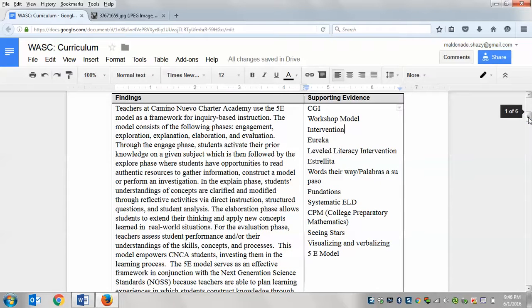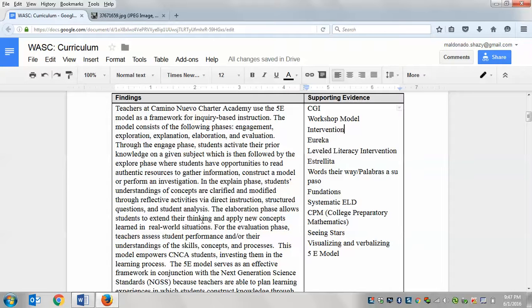Teachers at Camino Nuevo Charter Academy use the 5E model as a framework for inquiry-based instruction. The model consists of the following phases: engagement, exploration, explanation, elaboration, and evaluation. Through the engage phase, students activate their prior knowledge on a given subject, which is then followed by the explore phase, where students have opportunities to read authentic resources to gather information, construct a model, or perform an investigation. In the explain phase, students' understandings of concepts are clarified and modified through reflective activities via direct instruction, structured questions,